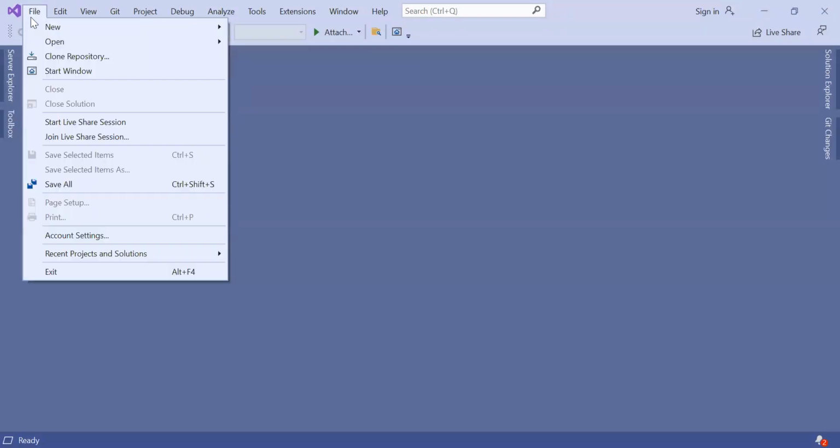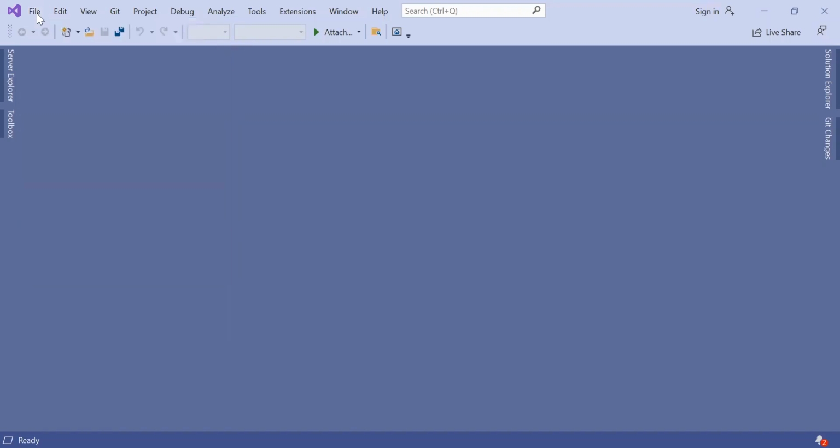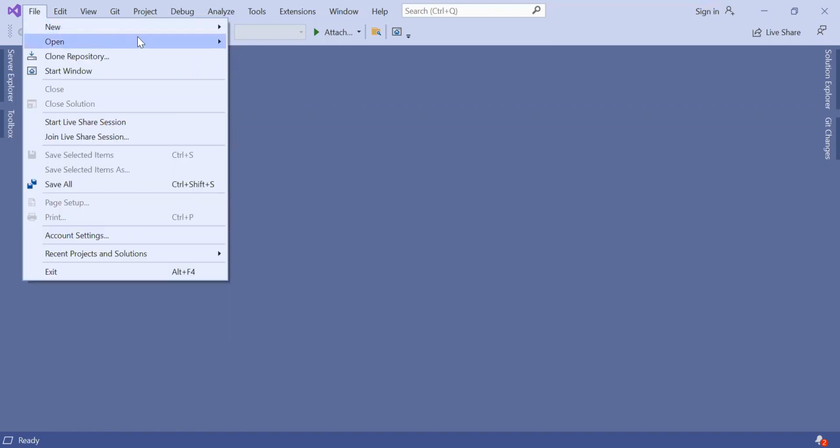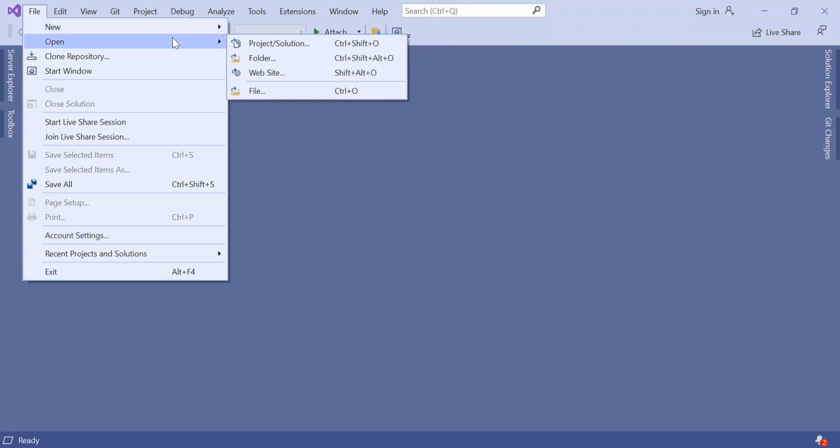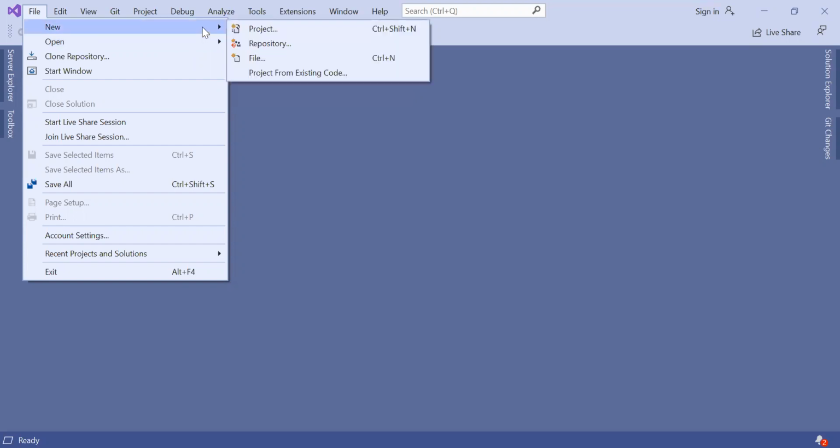And to create a new project or to open an existing one, this is how we do it. We just go to File and then New or Open. New is to create a new project, and Open is to open an existing project or solution. A solution is like a broad umbrella term which has several projects in it. So, how to create an SSIS project: we go to File, then New, and then